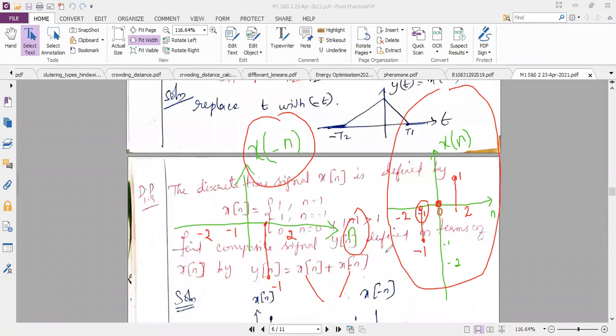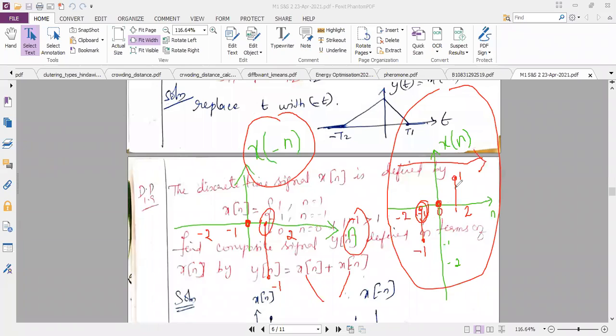Whatever was there at -1 is now at +1. It is because of the reflection concept. And 0 remains 0, because it does not have any sign. Now, in this graph, I am moving from left to right. I have already completed 2 samples. First sample is this and second sample is this. I have only one sample left out. That sample is at n is equal to 1.